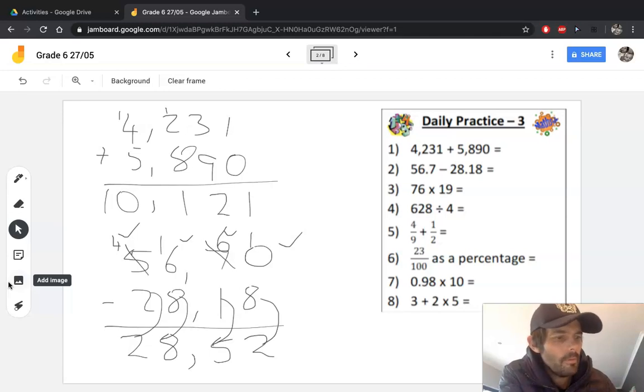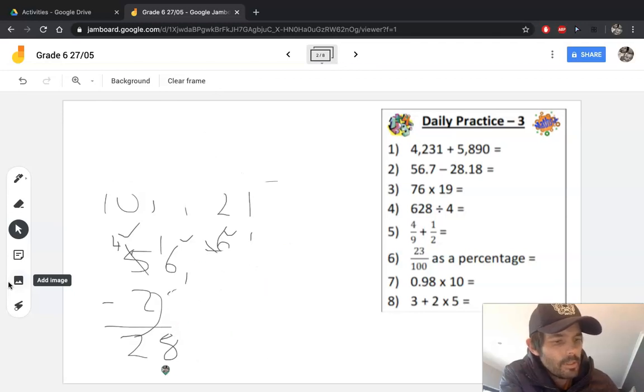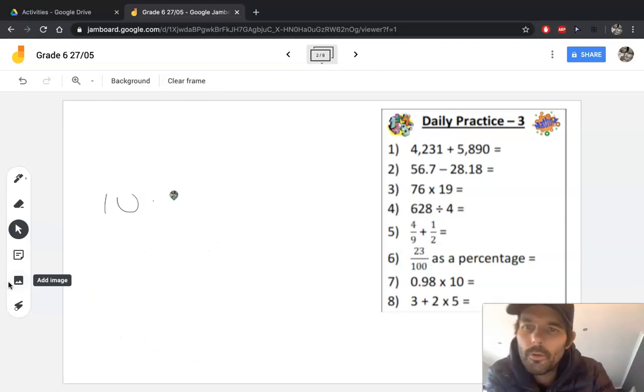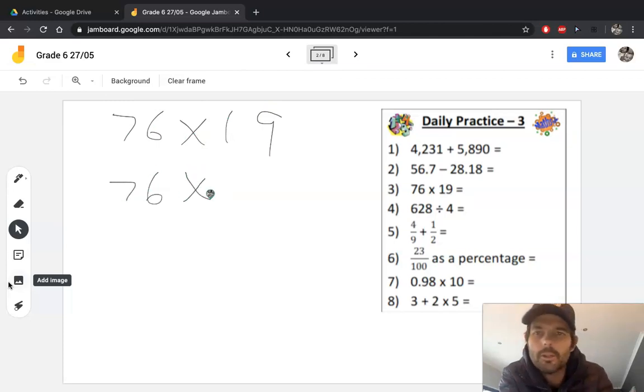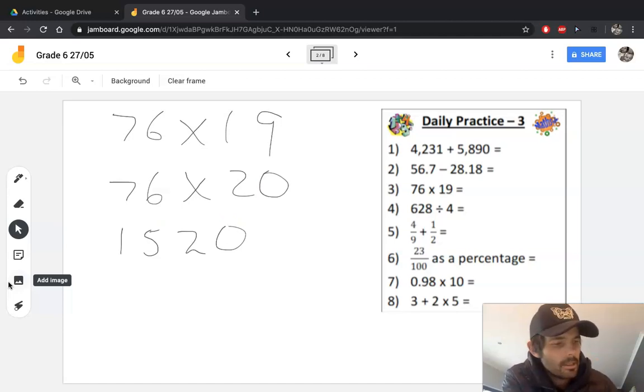Okay, we have a multiplication sum next, and I'm hoping that you guys have used the compensation method there. If not, no problem. But the reason I say that is because 76 multiplied by 19 can be changed into 76 multiplied by 20. All I need to do there is 76 multiplied by 2, and if I double 76, I get 152. But then I also need to include the 0 for the multiple of 10. Now I've added on an extra group of 76, so I'll take a group of 76 off, and that gives me an answer of